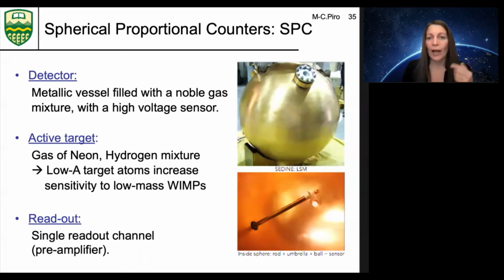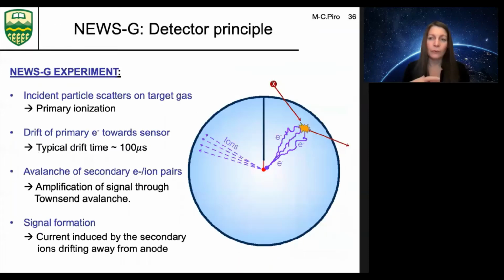So how does it work? What we want to explain is how the particle interacts with the gas, and we created an animation. Also we have calibration data that the students can use to practice research data analysis. And it's real data also used by the experiment. So here, for example, you have